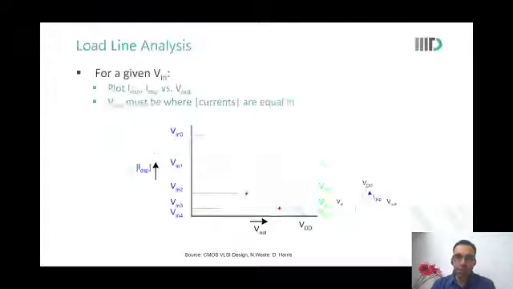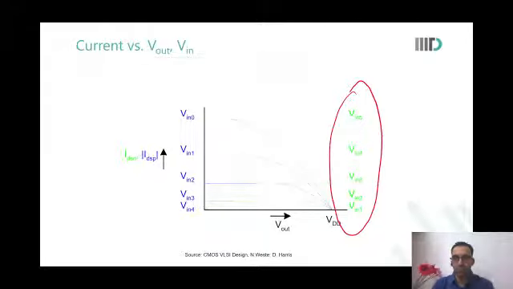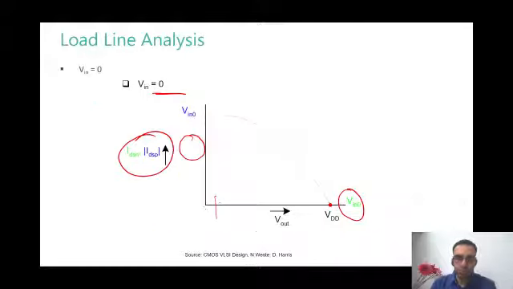See, this characteristic that you see is for different values of VGS, is it not? But for any Vn value, there will only be one of these lines valid. So for any Vn value, there is just one of these lines which is valid. That is what we are showing.